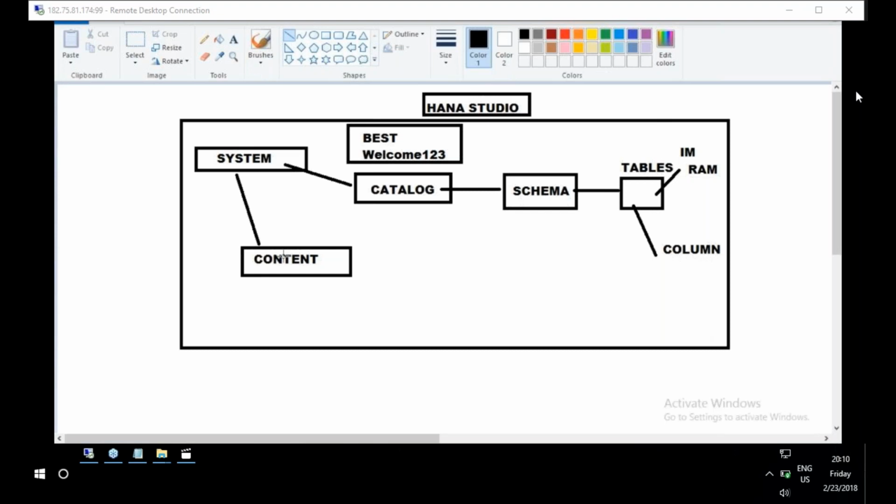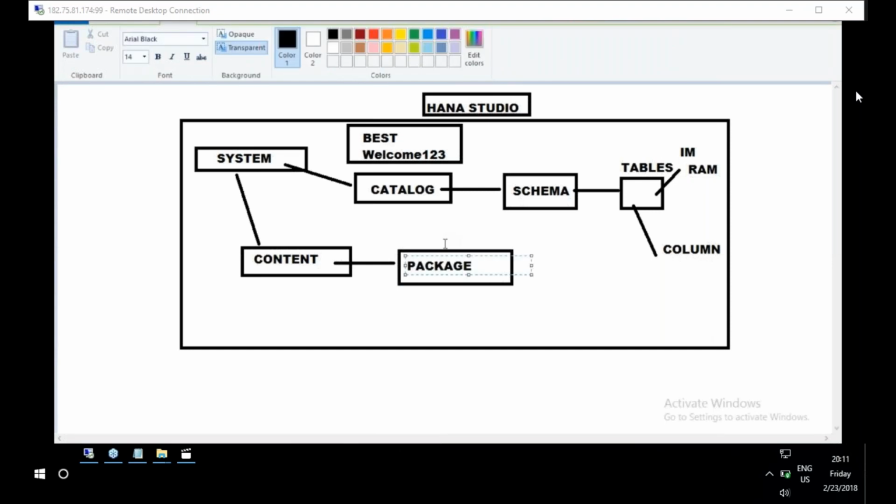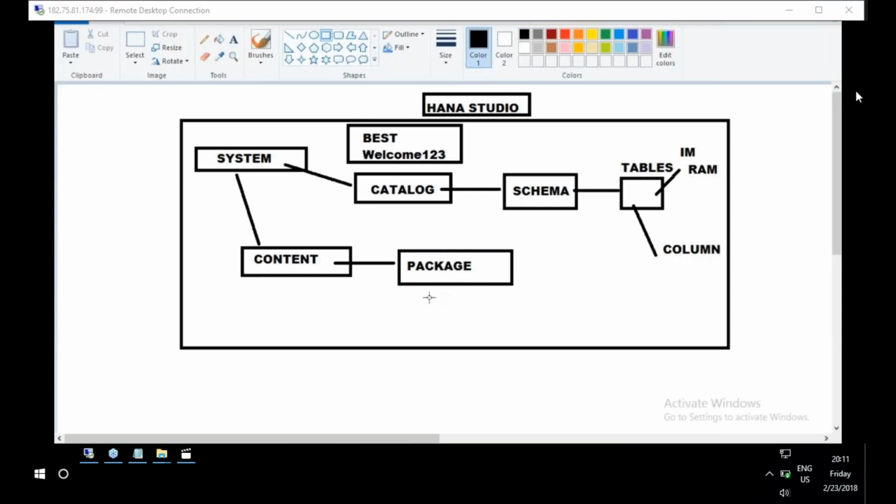Now, what is content? What is the difference between a catalog and content? Catalog is a collection of schema, and schema is a collection of database objects like tables. These tables are in RAM, and these are column-oriented tables. So all the tables that store business-related data are stored in columnar fashion. Now, content is a collection of package. On Friday, we created a package called